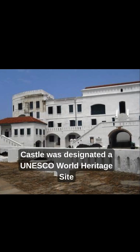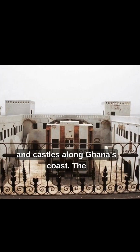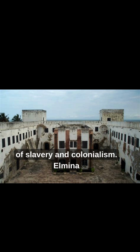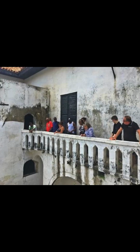Elmina Castle was designated a UNESCO World Heritage Site in 1979, along with other forts and castles along Ghana's coast. The designation helped preserve the castle and recognize its global significance, especially in the context of slavery and colonialism. Elmina Castle is now a museum and historical site, attracting thousands of visitors from around the world, including members